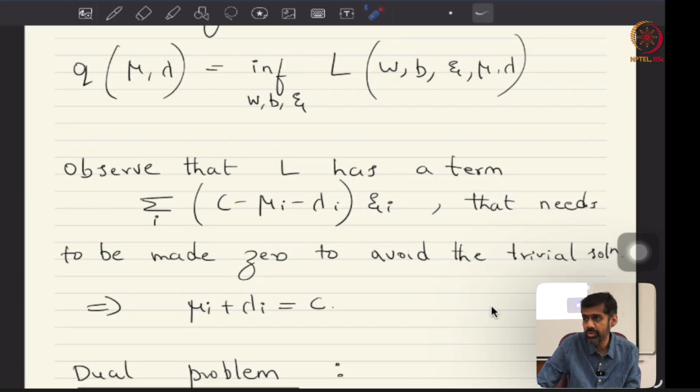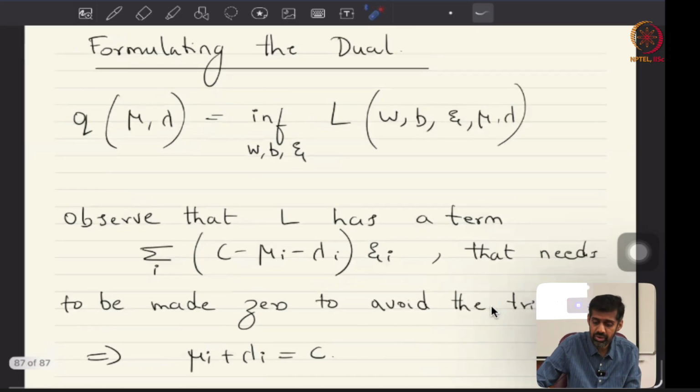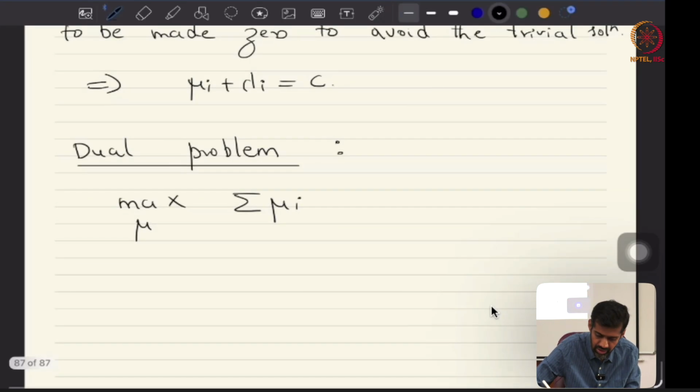You will have to plug that into the Lagrangian and show that this q of mu will now become a function of mu only, which is very similar to the dual problem that we had previously. Again, complete that algebra. What I am saying is that you put this constraint into the Lagrangian, substitute w star and b star, the optimal w star and b star, into the Lagrangian and expand it out. If you do that, you will end up getting this particular dual problem, which I will write now,